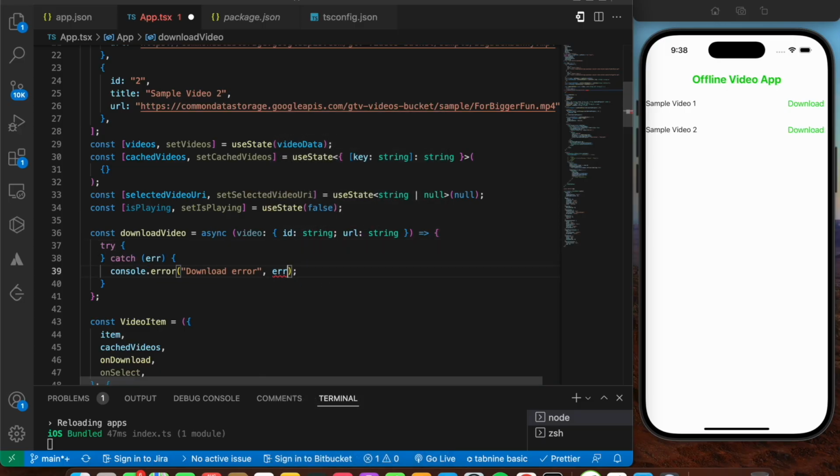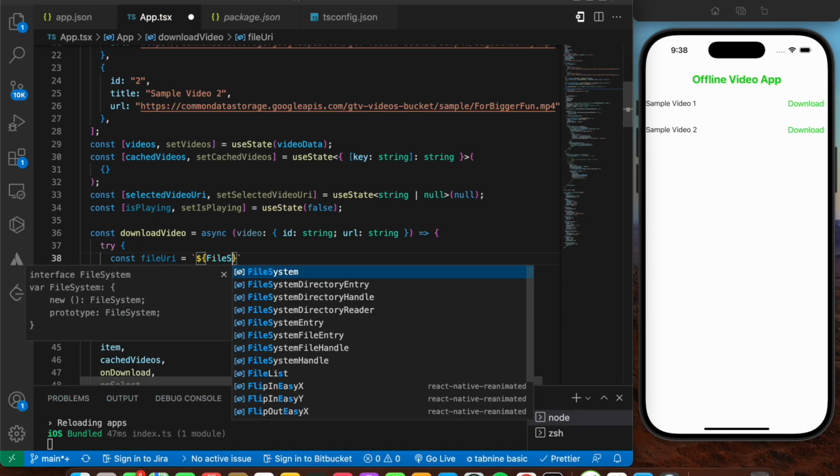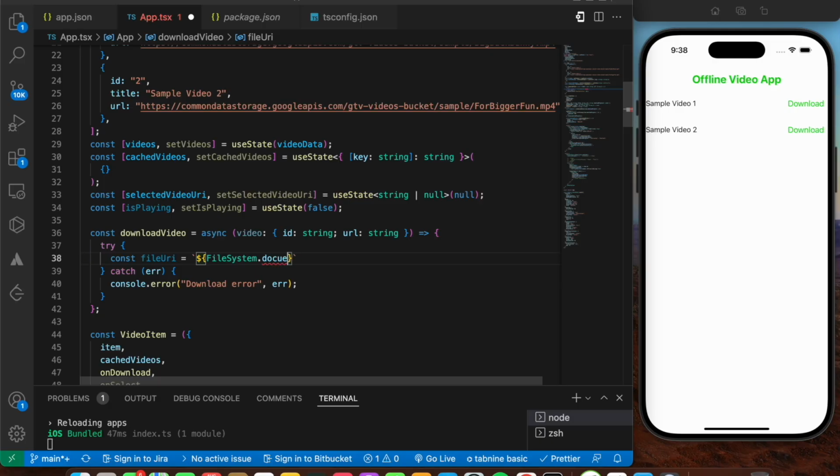Format once, and over here within your try block we are actually going to get the file URI. I'm going to say const fileUri is going to be equal to dollar, your FileSystem.documentDirectory,